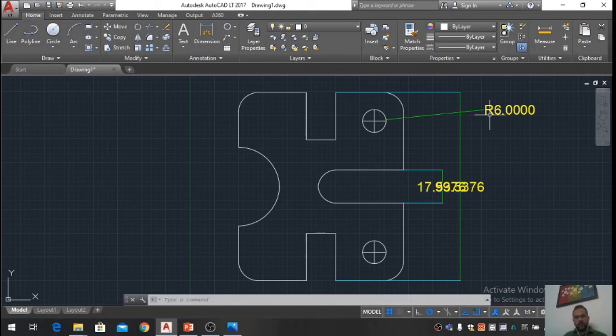So just to recap what we have done, we have discussed the study material in this video. We have also discussed the basic AutoCAD editor, and then we have drawn a practice figure using draw commands and modify commands. Now what you need to do is study the study material that I have given, and if you have facility of a computer, then practice as much as you can.